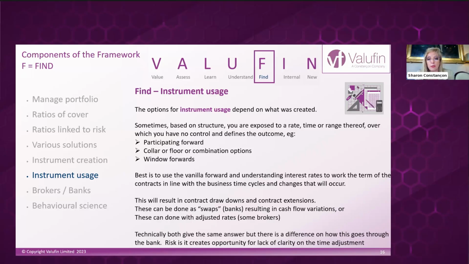So we do recommend utilizing the vanilla forward, which means that the forward contract rate that you get is applicable for the last day in the contract only. That doesn't mean you only use it then, it means that rate only applies to that day. If you utilize the instrument earlier, you will get the benefit of time change between where it started, where it ended, and where you used it. So you will always get something that is directly relevant to the time period. And that is achieved through swaps, early drawdown swap or an extension swap.